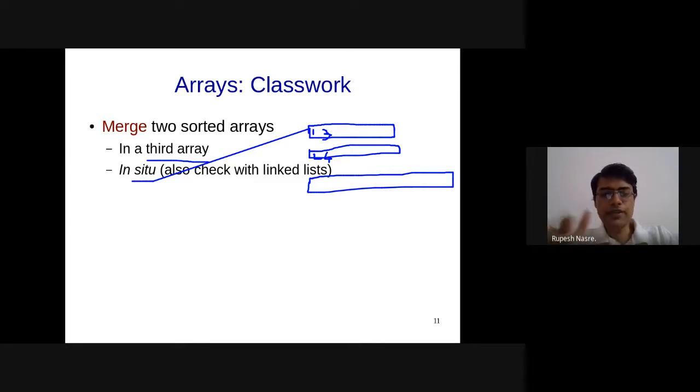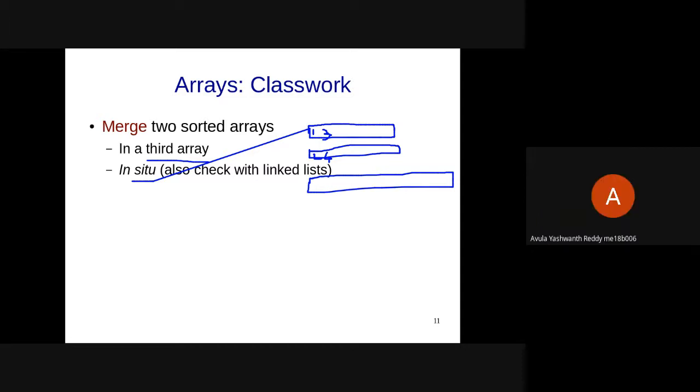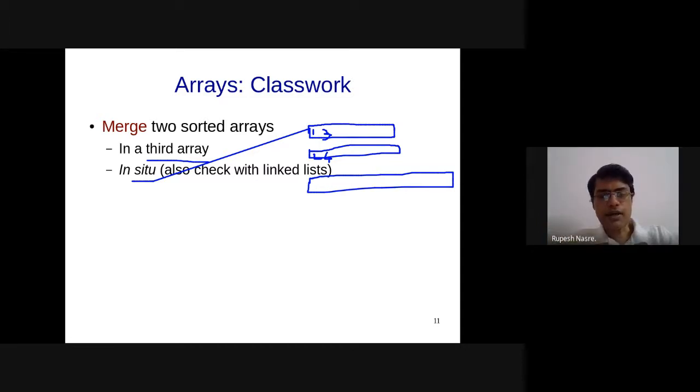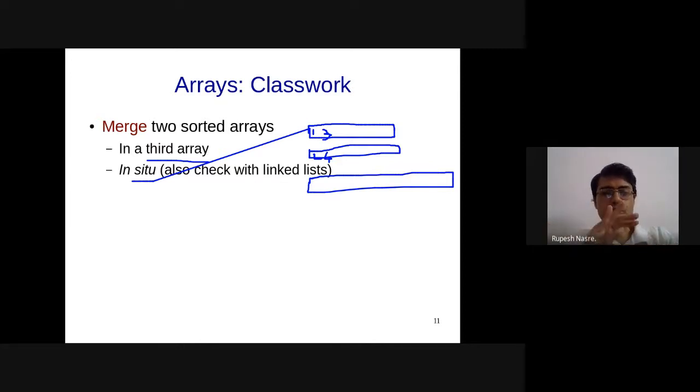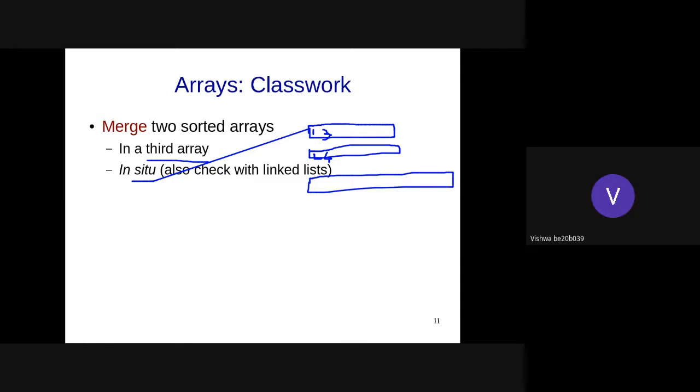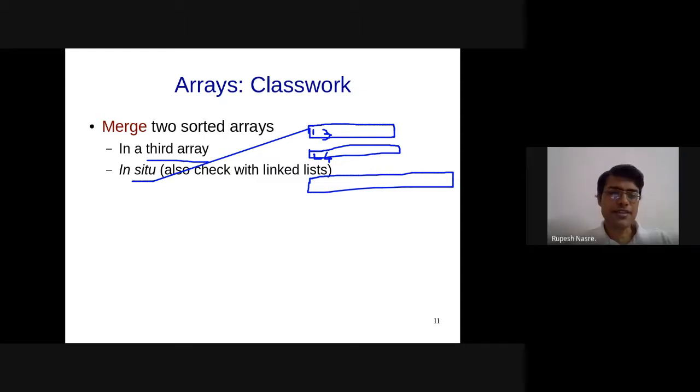But the reason why this is interesting is because Vishwa's idea will work even if the arrays are not sorted, right? Copying the first array to the third and then appending the second array to the third is going to work irrespective of whether the two arrays are sorted or not. But that is also a downside, exactly because we are not able to take advantage of the ordering of elements in the first and the second. I didn't read the question properly, sir. I thought it was just two unsorted arrays. I didn't see the sorted part. Okay, no problem. The idea is correct then. Just be a little careful. Okay, so this part is fine.